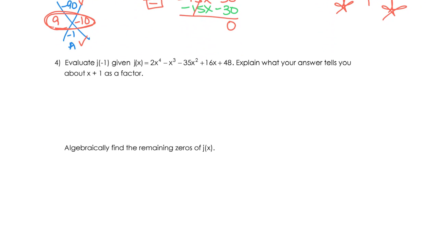Number 4 says to evaluate j of -1 when j of x equals the given polynomial, and explain what your answer tells you about x plus 1 as a factor. Okay, so